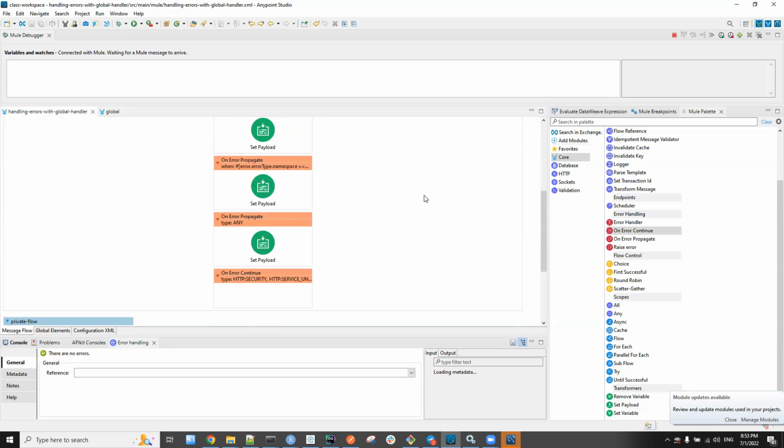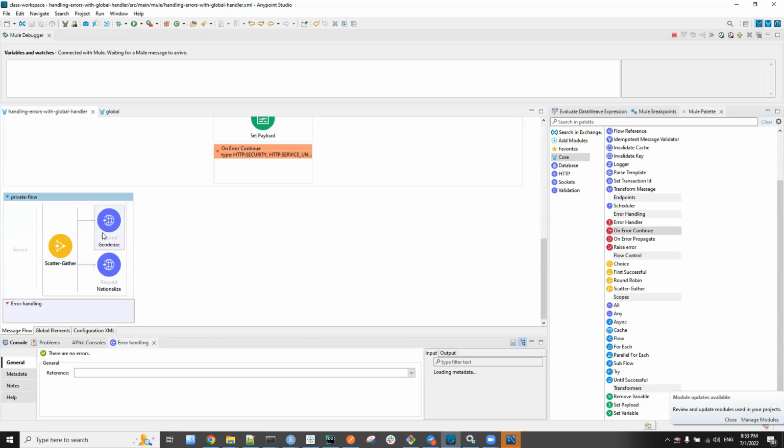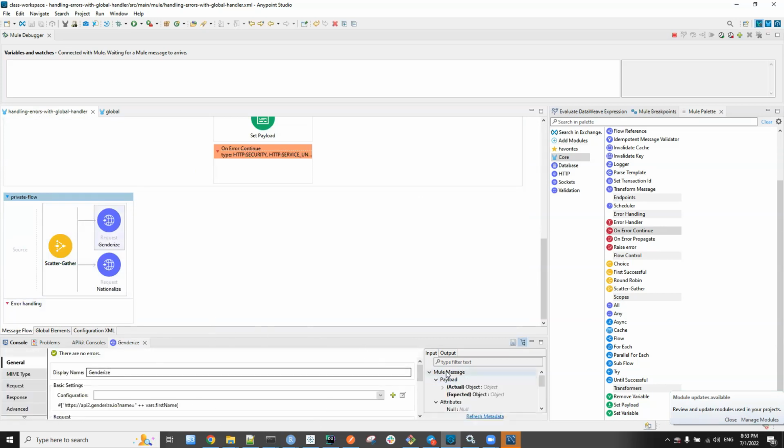And when we saw scopes of private flow and subflow in the main flow, we said the whole Mule event is accessible by the private flow. The whole Mule event from the main flow is accessible from the private flow. So in this case, the first name variable, I will get it from here, come to here. And in here, as you can see, I'm accessing it using vars.firstName because I have access to the whole Mule event.